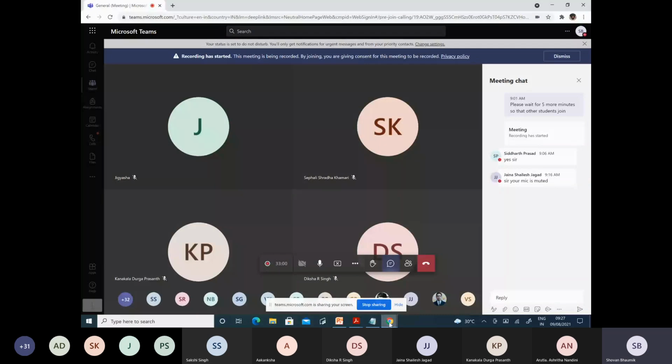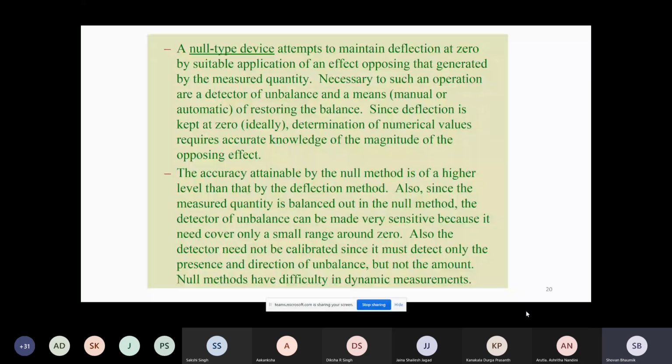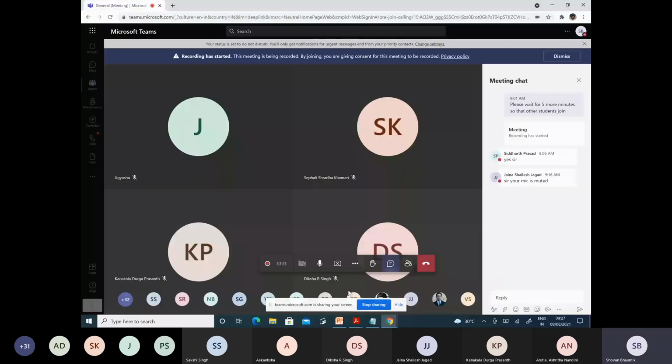So this is the way it goes. Now, do you have any query up to this? Please ask or write it on the chat box. Yeah, earlier it was muted, now I unmute it. If you have any query, you can write over the chat box or you can ask it. Okay, if there is none, then let's continue.